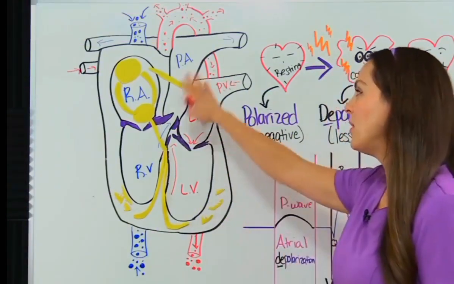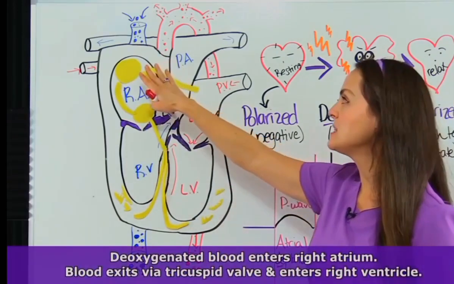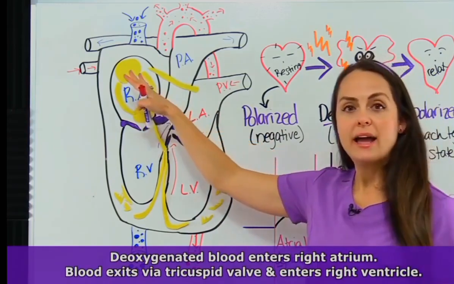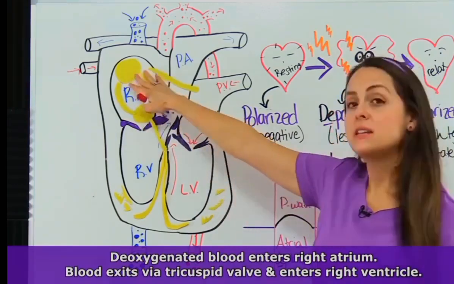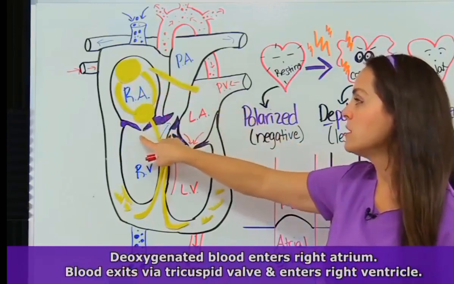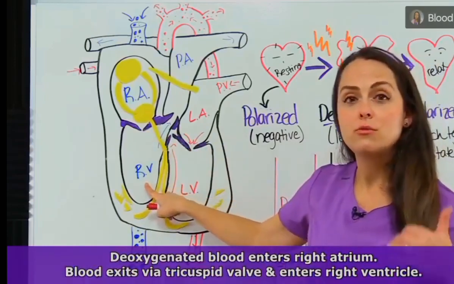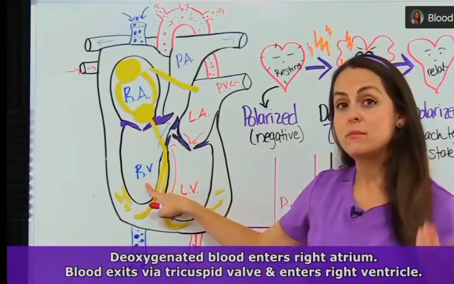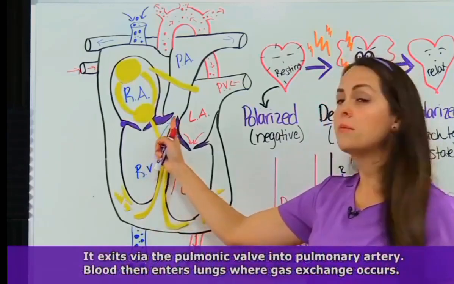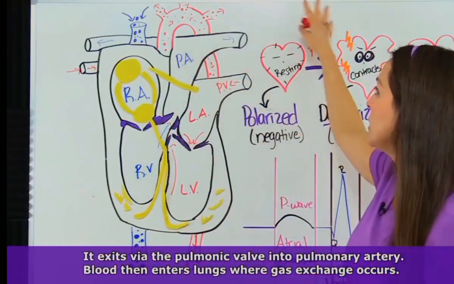So first, let's look at the heart blood flow. Everything starts on the right side of the heart, and blood that needs to be replenished with oxygen will enter into the right atrium. When the right atrium becomes full, it will be stimulated by the electrical conduction system and cause it to contract, and it will send blood down through the tricuspid valve into the right ventricle. The right ventricle will become full, and whenever it receives stimulation from the electrical conduction system, it will contract and send blood up through the pulmonic valve into the pulmonary artery,